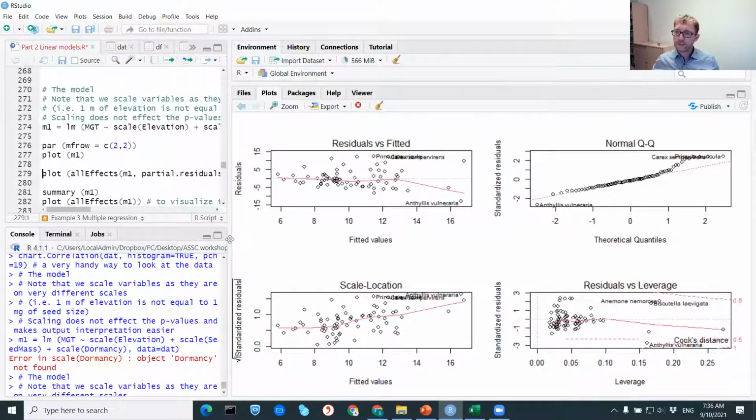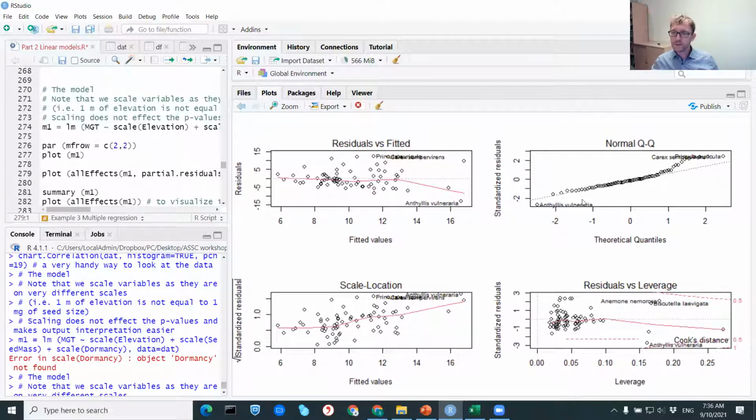So again, I don't see any problems here. Well, there is again the slight V-shaped pattern, but I don't see it in the scaled plot. There are some deviations here in the QQ plot, but like I said, it's not a beauty contest,